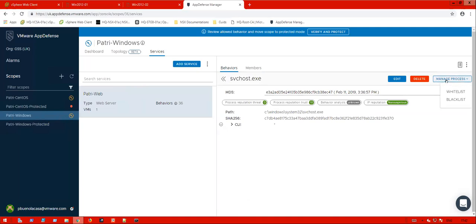And also, you can manage the process and put it in the whitelist or the blacklist. Bear in mind that whitelist and blacklist, this is at the org level. So, and as we said, AppDefense Manager is a multi-tenant cloud portal, which means that if I have more than one vSphere environment, and I put, let's imagine as an example, I put Chrome in the blacklist. Nobody in both vCenters